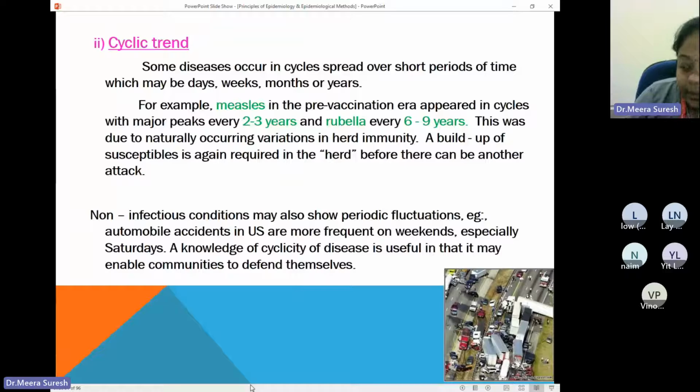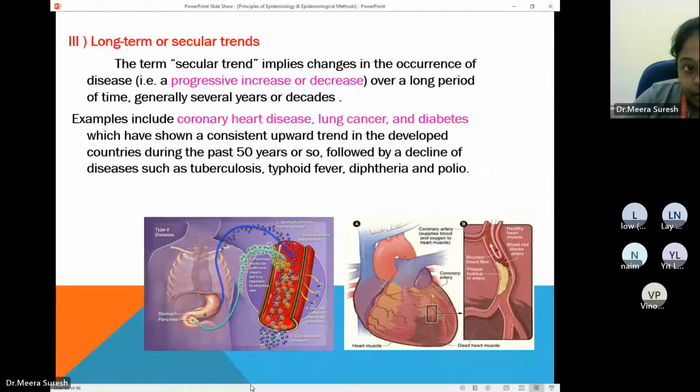So we should be expecting the next slight antigenic variation to happen to the virus in 2 to 3 years. So maybe in 23, 24, now 23 is running to maybe 24, 25. And in the next 10 years, a bigger antigenic variation in the influenza virus. So that type of cyclical trend can be seen in organisms.